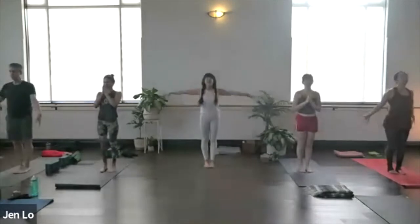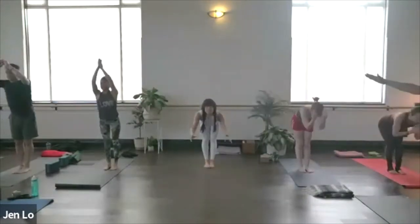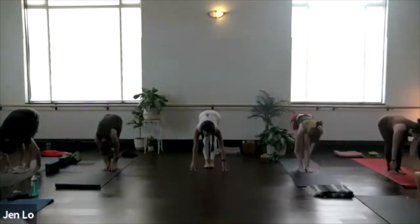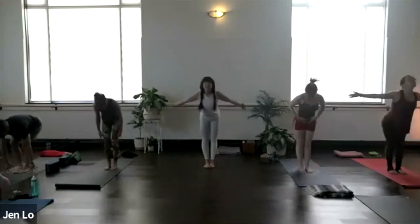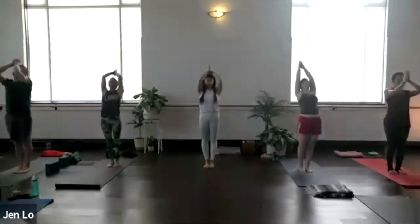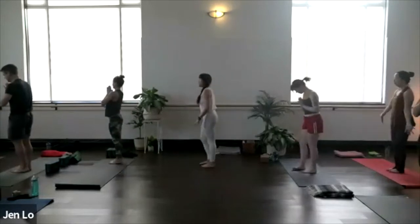Inhale, lift the arms. Exhale, forward bend. Inhale, halfway lift. Exhale, fold. Stand tall, reach up, engage your glutes a little, back bend. Samastitihi, hands to heart. Quarter turn to the right, breathe in, lift the arms,